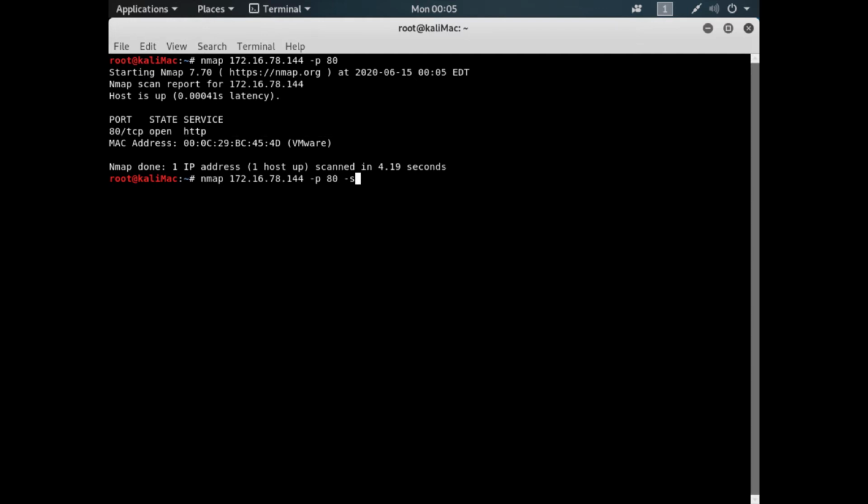Hence, we're going to use the SV flag. And then it's going to give us more detail. It's going to say, yes, there is something running there. It is a web service, and here's the specific version of the web service that's running there. So if it's Apache, it would tell me that. If it's IIS, it's going to tell me that. But either way,